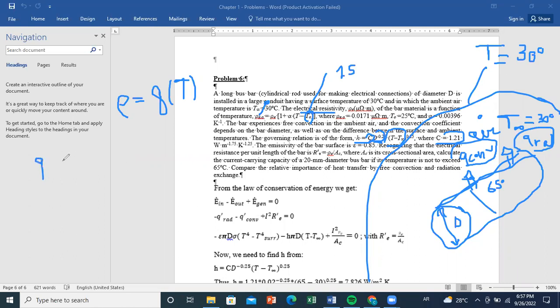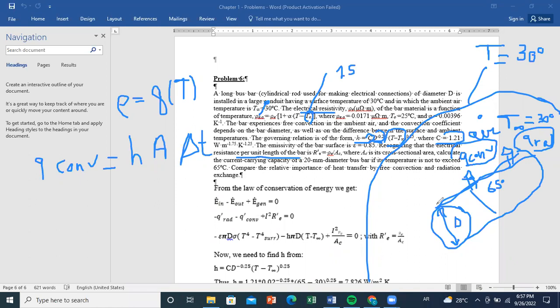We know that Q convection can be calculated as H times A times delta T. And because the analysis will be, as you can see here, they are giving us the resistance per unit length,